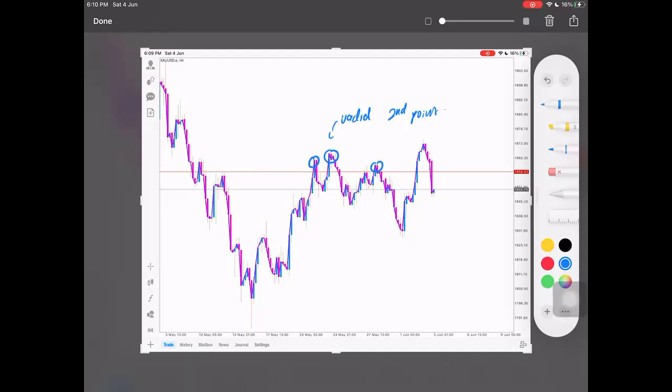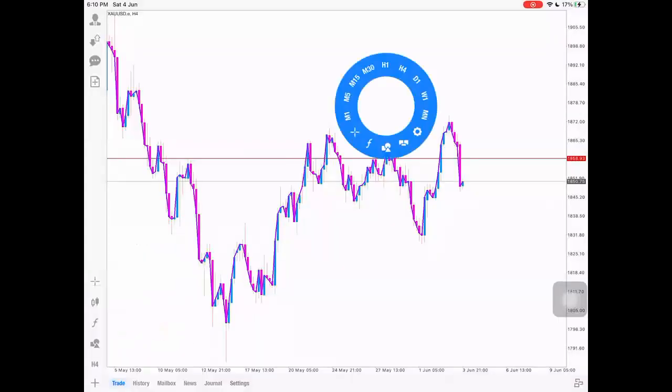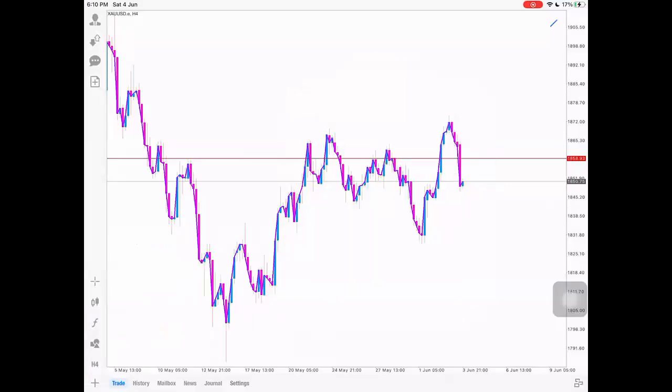What's a second point? A trend line looks like this. I won't talk much about trend lines because trend lines are very complicated. This is the first point, this is the second point, and this is the third point. Whatever appears above the horizontal line is the second point. That is the hint that the market gives. And so there are many second points that you can take. This guy. And so apparently it chose this.